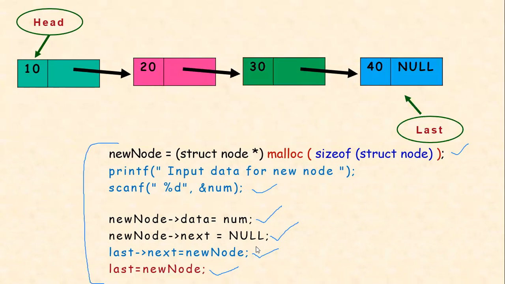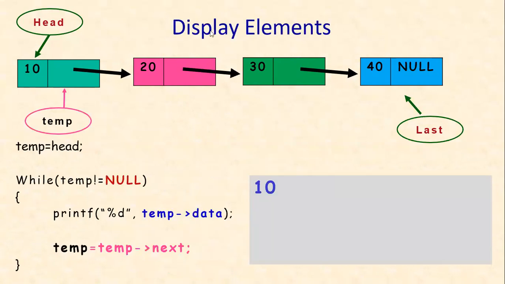Okay, everybody will get a doubt about this: how to get these values. Okay, fine, you have stored all the values in memory. But if I want all these values to be displayed, what should I do? Okay, so now we will see that also. Displaying elements of a linked list.